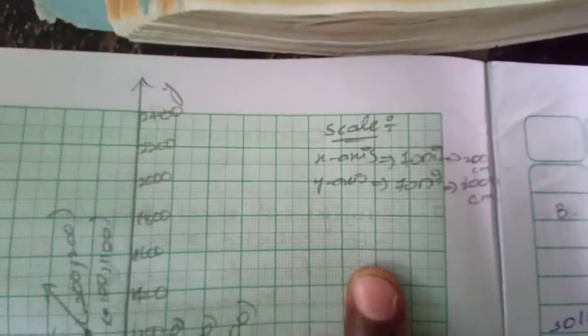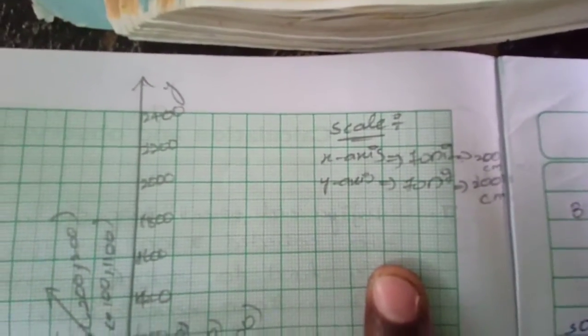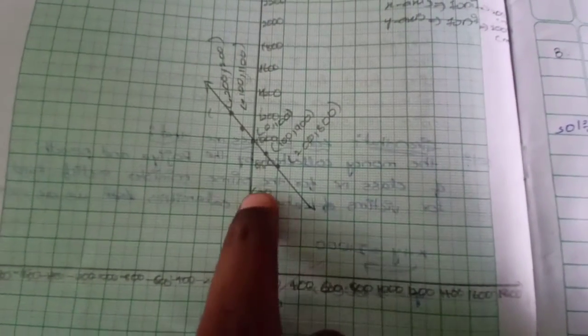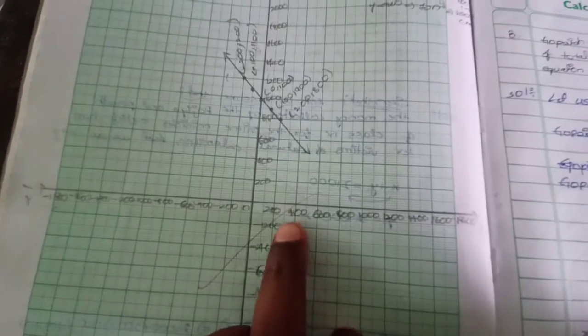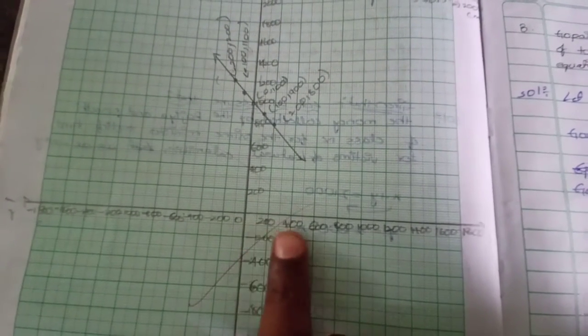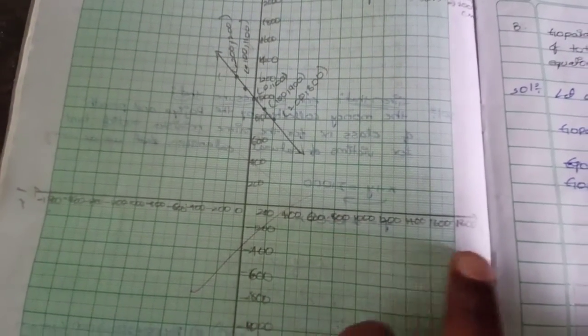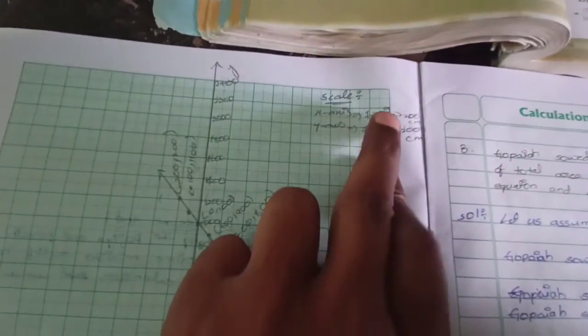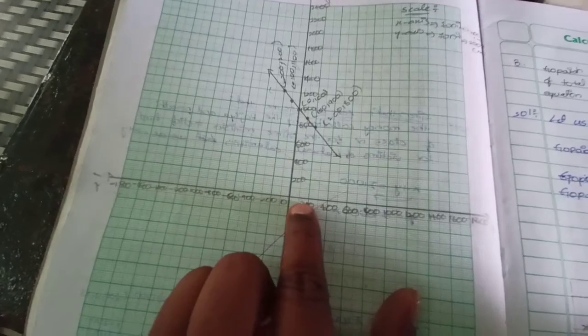X axis 1 unit equal to 100 centimeter, y axis 1 unit equal to 200 centimeter: 200, 400, 600, 800 like that. And x axis also 200, 400, 600, 800. And x axis and y axis 1 unit equal to 200 centimeters. This is called 1 unit. Okay. Then next,